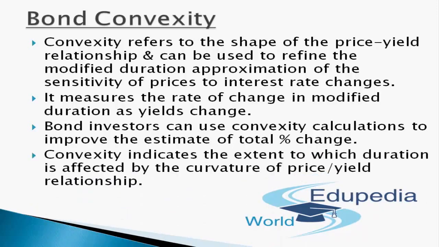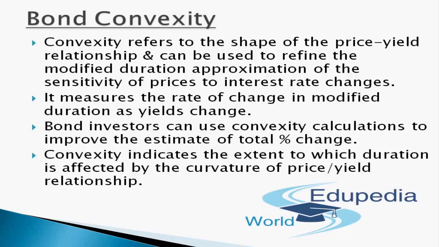Convexity indicates the extent to which duration is affected by the curvature of the price-yield relationship. That is, in conjunction with duration, convexity shows how much more bond prices will rise with a drop in yield and how much less prices will fall with an increase in the bond yield. As such, convexity acts to adjust duration so that when used together, they provide a more complete measure of bond